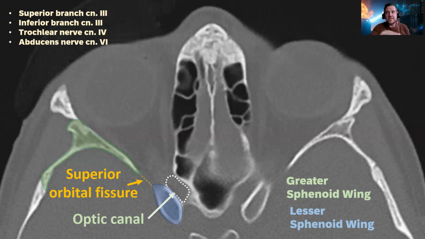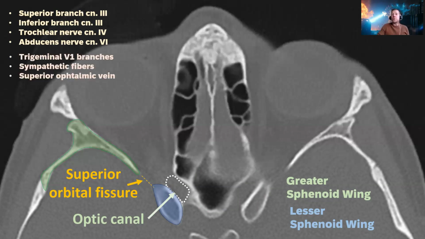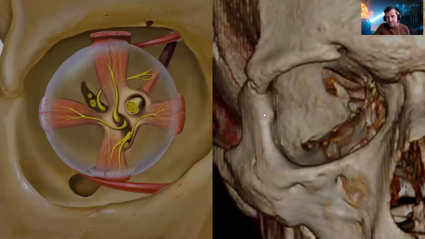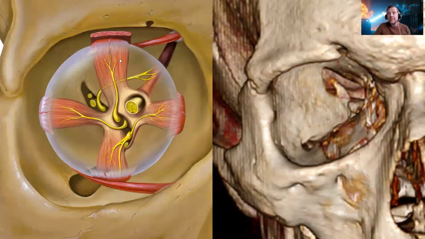So we have the two branches of the oculomotor nerve, the trochlear nerve and the abducens nerve entering the orbit through the superior orbital fissure, but also several trigeminal ophthalmic branches, sympathetic branches coming from the sympathetic plexus around the internal carotid artery, and the superior ophthalmic vein. Now, for the sake of this presentation, it suffices to know that through the superior orbital fissure, all extraocular motor